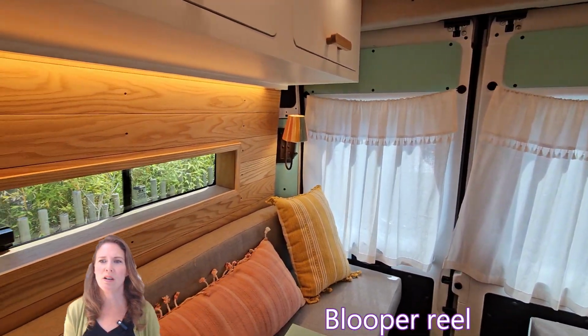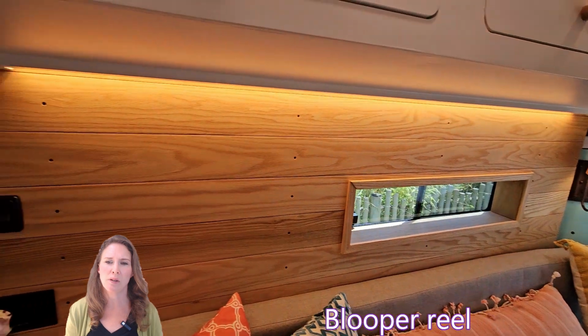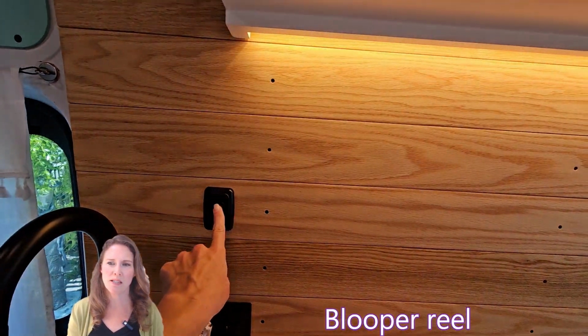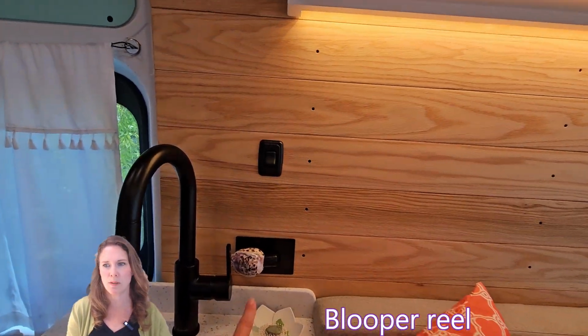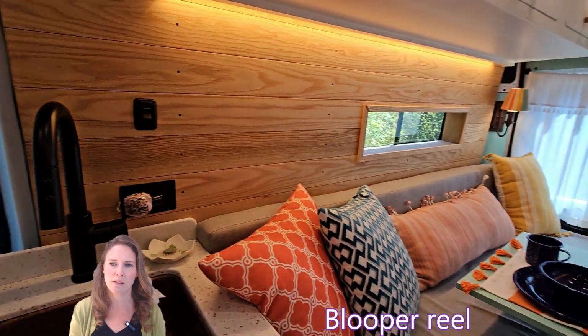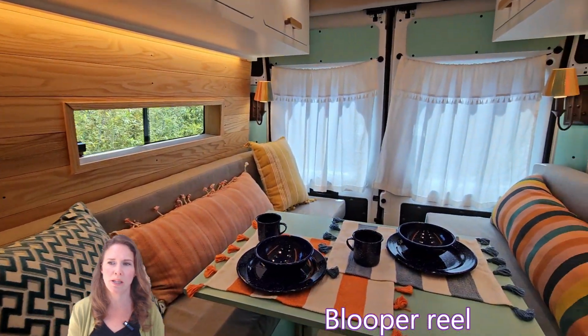So here you can see all the different windows, the nice red oak. More light switches for this side, so you can grab it when you're in bed. It's nice to be able to plop that on real quick. And there's another outlet there. We use a warm blanket